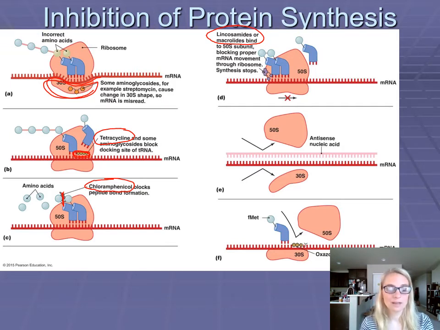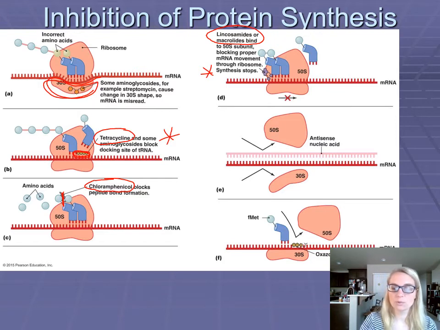So it's kind of like this one here and this one here end up with the same outcome, a halting of protein synthesis, but by different mechanisms. One blocks the A site, one binds the 50S subunit, preventing the mRNA from moving through the ribosome, so it just stops. The last two are kind of on the newer versions of protein synthesis inhibiting